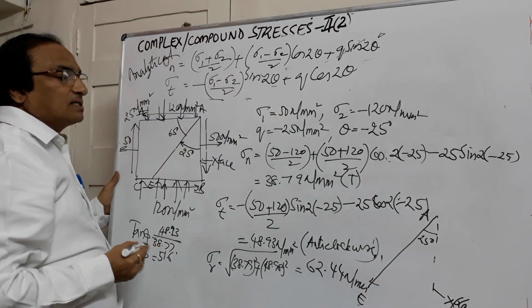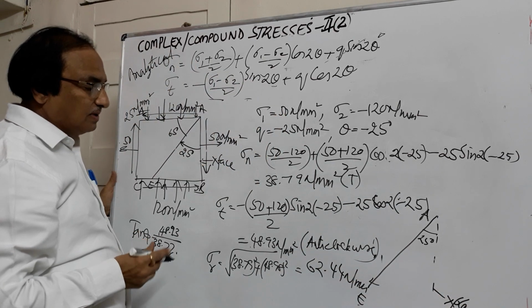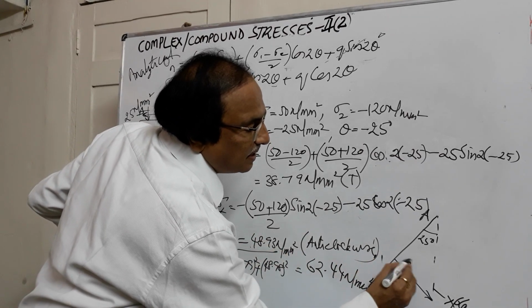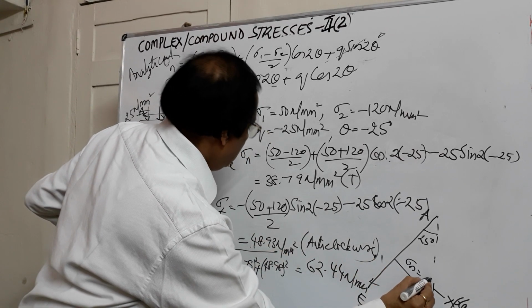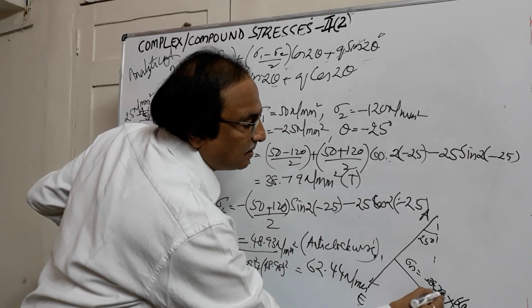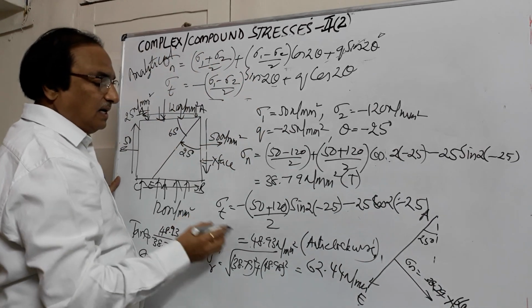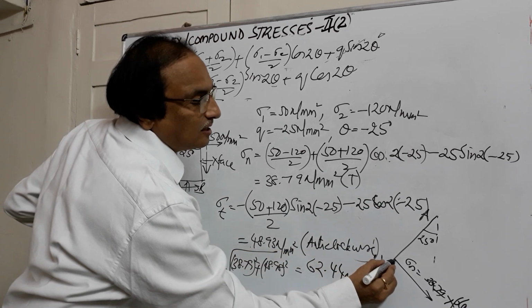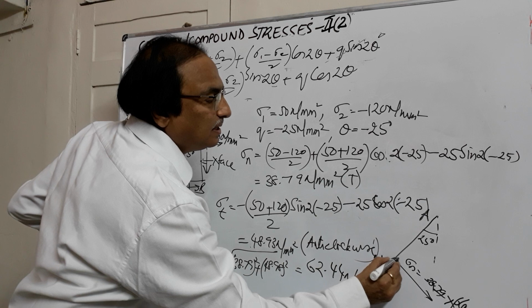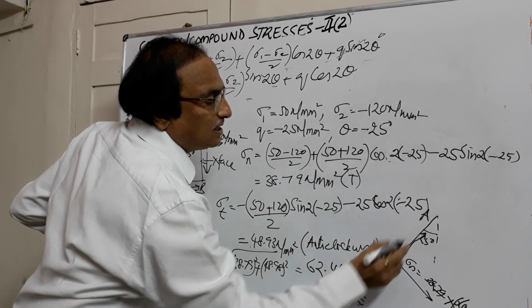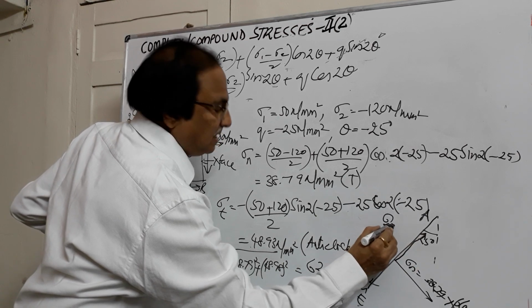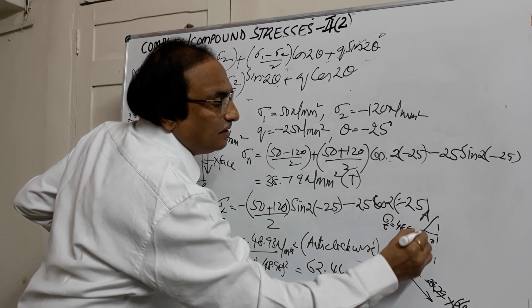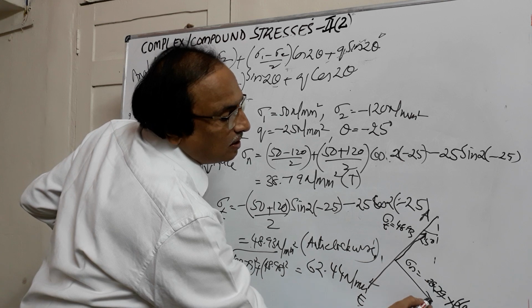We will try to locate the stresses on this plane. So we have got normal stress, it is tensile. So this is your normal stress, sigma n is equal to 38.79 Newton per mm square. Sigma t is positive, so positive means it should be measured in the anti-clockwise direction. Sigma t is equal to 48.93. If I draw the parallelogram law,